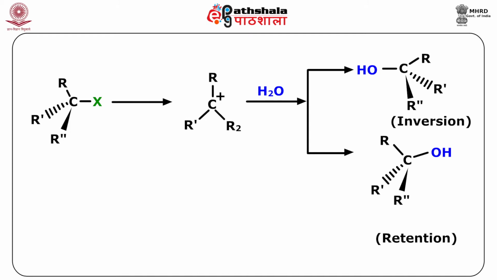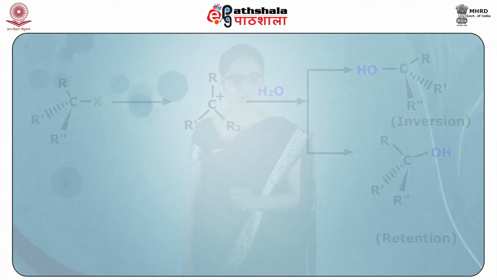In case the substrate is optically active, the carbonium ion is flat, that is of trigonal hybridization, and hence attack by the nucleophilic reagent can take place equally on either side. This means that equal amounts of plus and minus forms of the product will henceforth be produced. The result is racemization, that is a 50-50 mixture of plus and minus enantiomers.